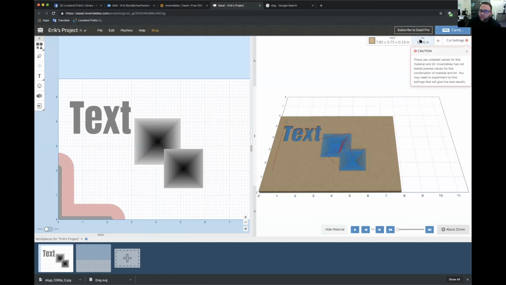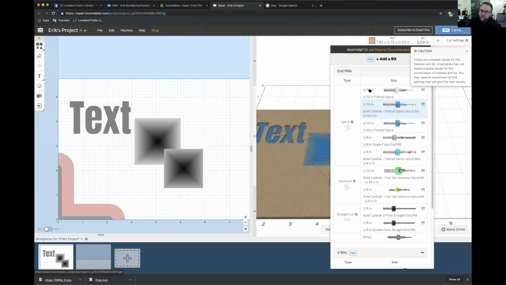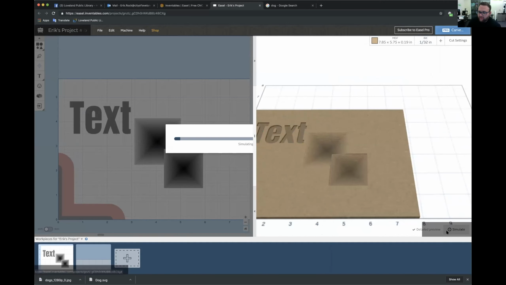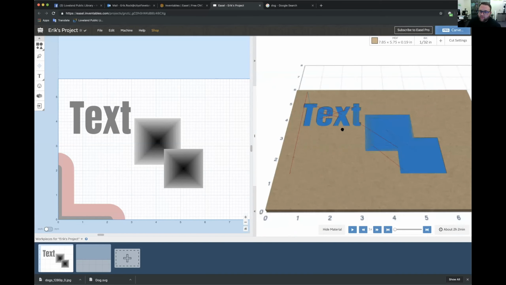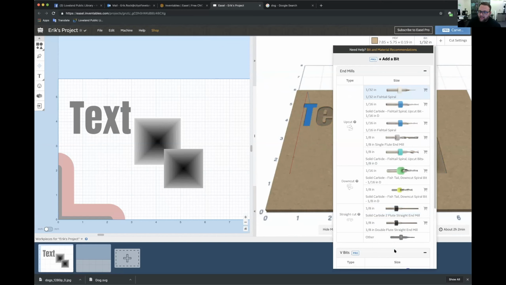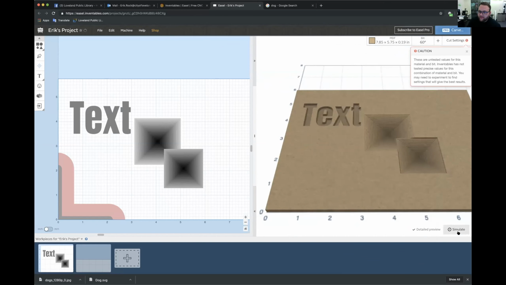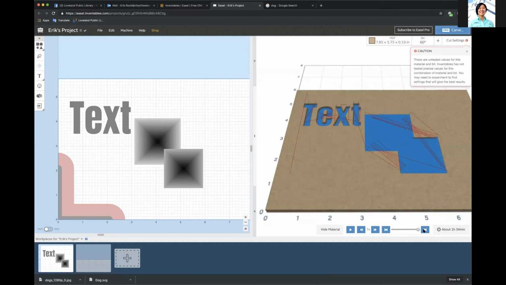So we can see with a 1/16 inch bit, this design would take 21 minutes. If I change that to the 1/32, simulate, that's going to take about 2 hours. So the smaller bits will always take longer. You can see all the different things it has to carve. But if I choose the V bit, simulate, about 1 hour and 34 minutes. Wow. But you have to consider how much material it is removing in each pass back and forth,